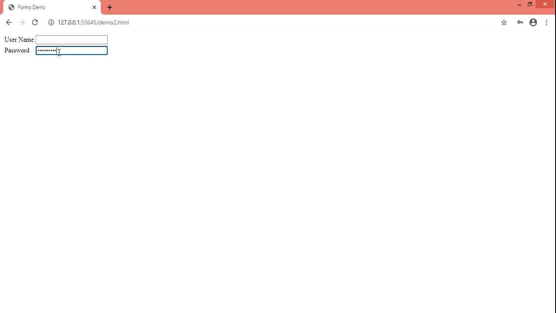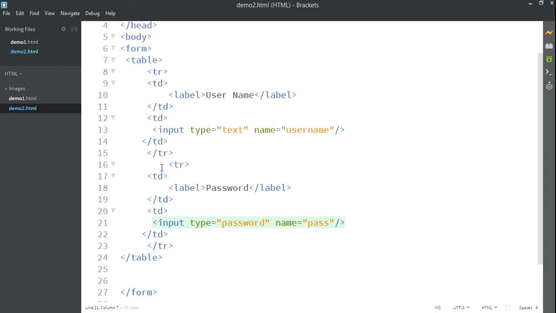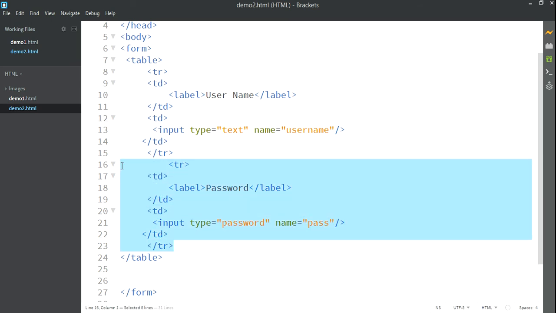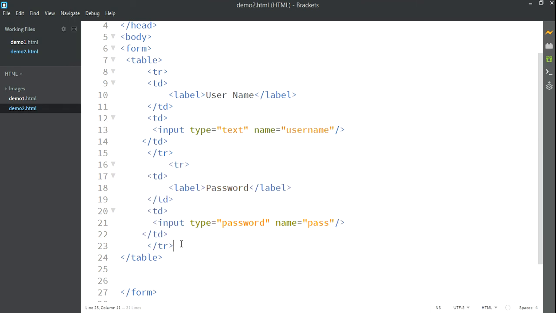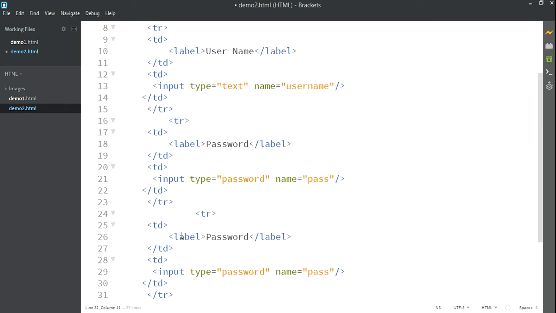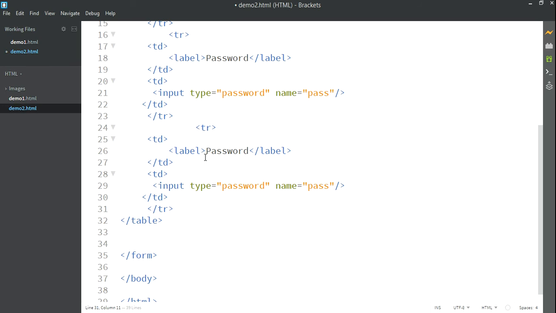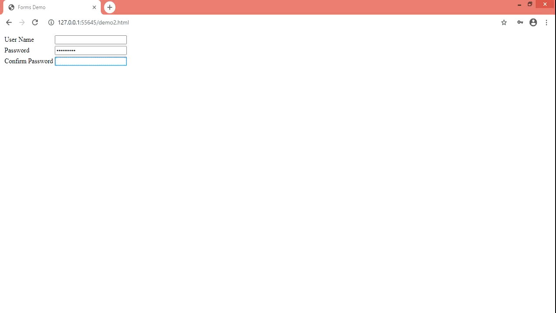Now again I will copy the row, that is the start tag of the row to the close tag of the row, and paste it below. Instead of the label password, now I will change the label to confirm password. The rest is the same, the only change is in the name, suppose confirm pass. Save the changes to check the output.